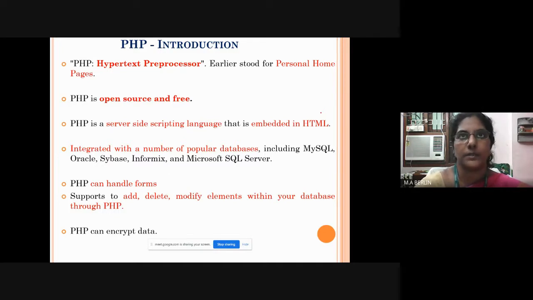Since it can integrate with HTML and with databases, you can add, delete, modify, and manipulate your database with the help of PHP. And PHP also supports encrypting data.